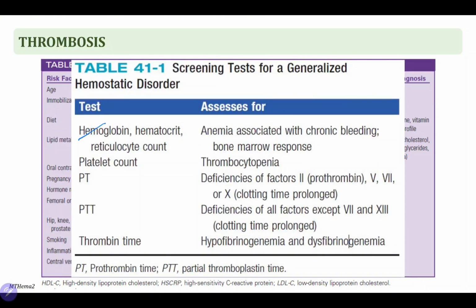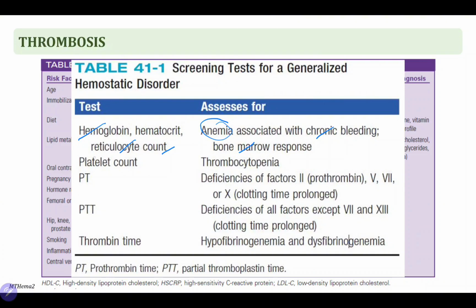Okay? These are usually decreased because some of the hemostatic disorders are associated with anemia or decreased levels of red cells because of chronic bleeding or kapag nako-consume siya in the coagulation. Okay? And then there's also the levels of your reticulocyte count, because when your bone marrow is also associated or dysfunctional in a hemostatic disorder, your bone marrow also compensates for it and thus would have increased or decreased reticulocyte